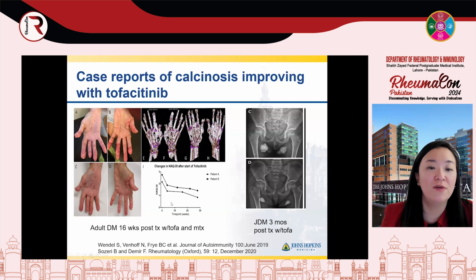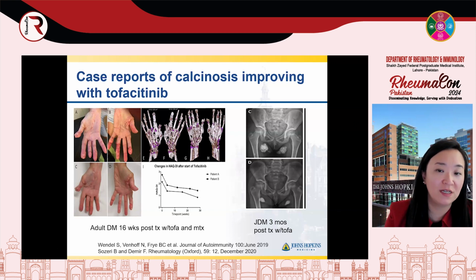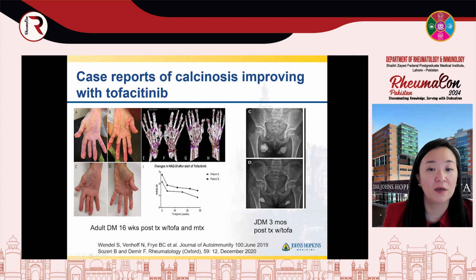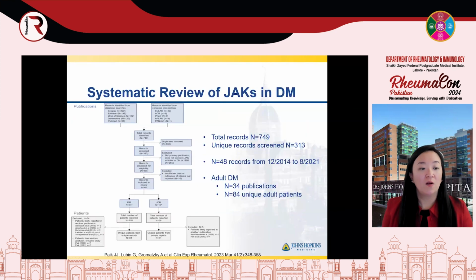Here, there were 3 patients, I believe, who had improvement in their calcinosis. One actually was a combination of methotrexate and tofacitinib, and they were able to have resolution, as you can see, in their calcium deposits here on the digital tips. And they performed a DEXA scan to show that these areas of calcinosis had resolved as well. All right, so